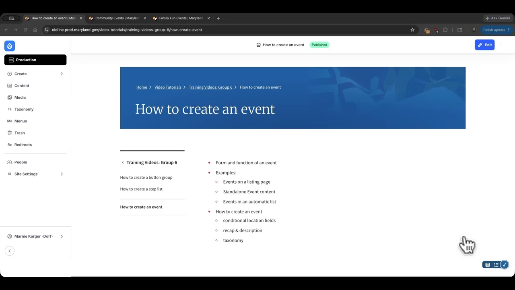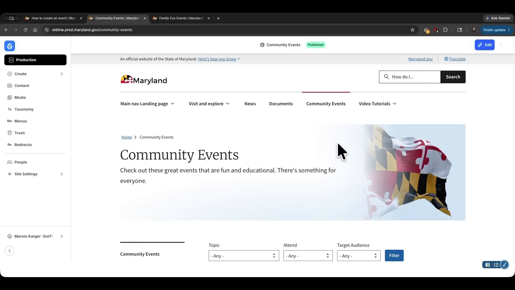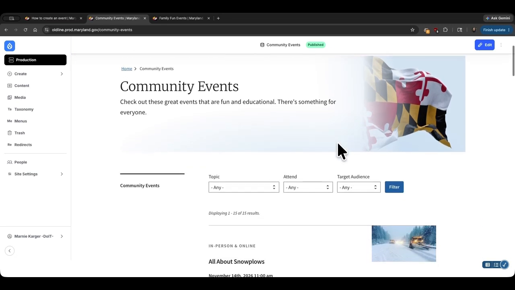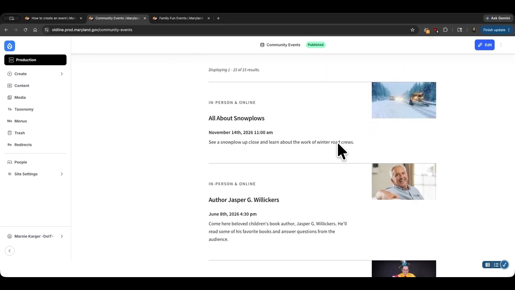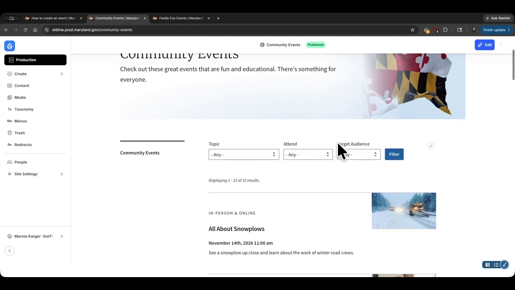Let's start by looking at some events as they might appear on your website. First up, I have opened a listing page titled Community Events. This particular listing page is set up to draw from all available events on this demonstration website, and there are filters available at the top of the page for visitors to sort by the topic of the event, whether the event is in person, online, or a hybrid of both, the target audience for the event, or any combination of